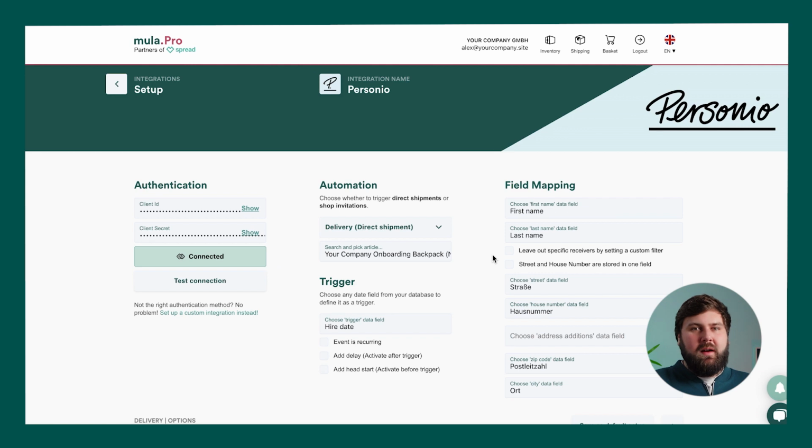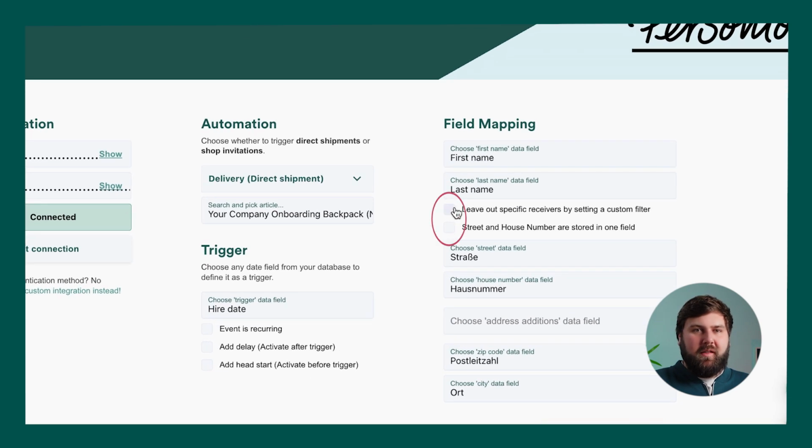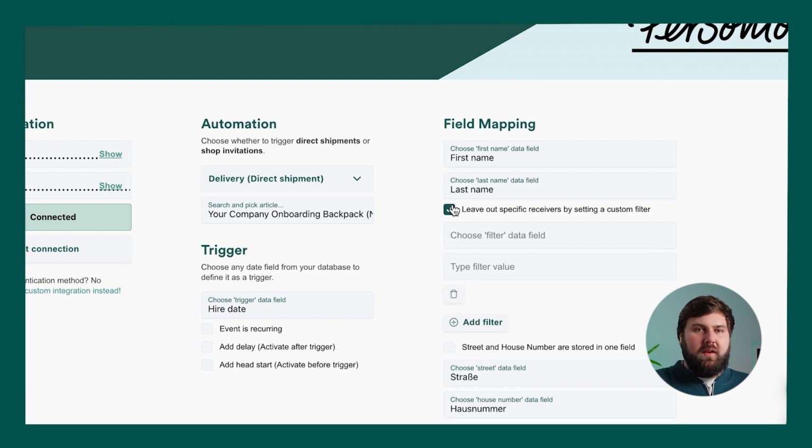In the next step, you have the option to make use of these two checkboxes. The first checkbox gives you the option to leave out certain types of recipients. For example, if you didn't want to send onboarding boxes to students, you could add a tick here and specify these in the two fields below.